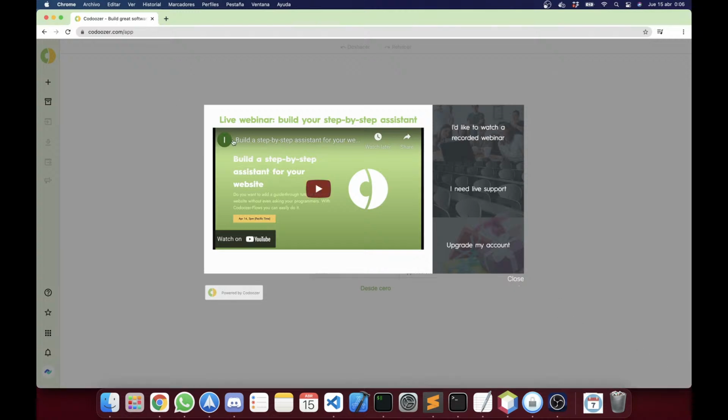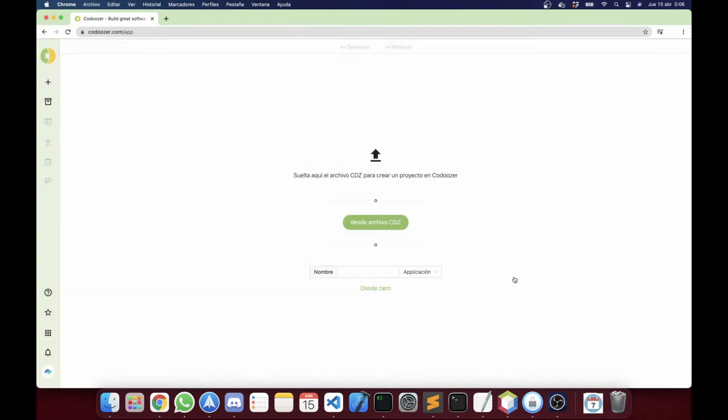For example, if you have entered Mobile Cube or Codozer today, you will have seen this announcement about the webinar with some buttons and things like that. So this is one of the things we are going to learn today. This is basically one assistant that we have pushed in our website without talking with our developers. So, I'm going to go to Codozer